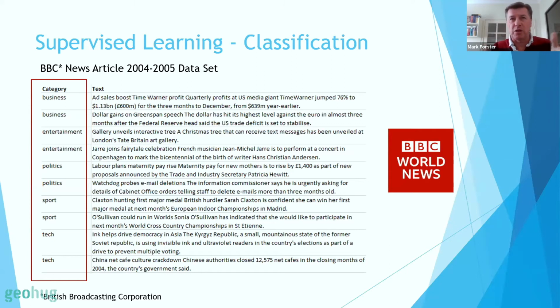But eventually what you want to do is create a matrix that says, for every news article, the columns in that matrix represent, say, the number of times that word occurs in that document. And then I can feed that data set into a machine learning engine to predict a classification for us.